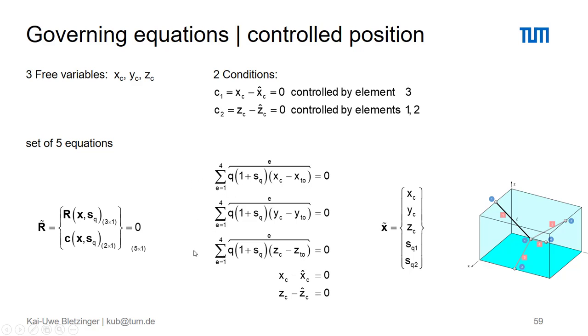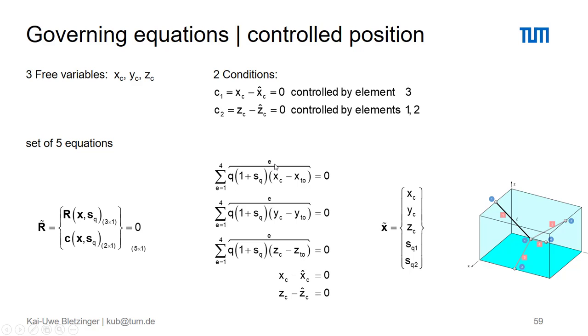The 3 equilibrium equations and the 2 control equations should all be 0 at the form-found shape in equilibrium. If you refer to the previous chapters, you will identify here our standard equation of equilibrium for the linear force density method, with the only difference that we now scale the force densities by the respective scaling factor. And we have to sum up again over all 4 elements,